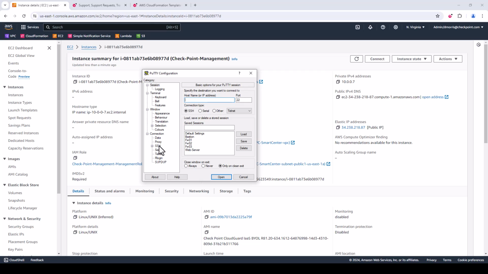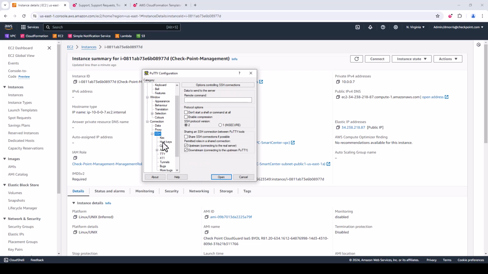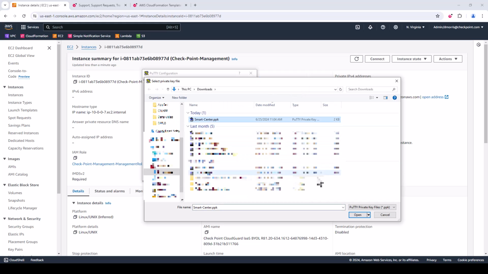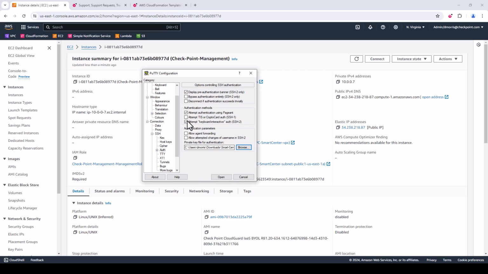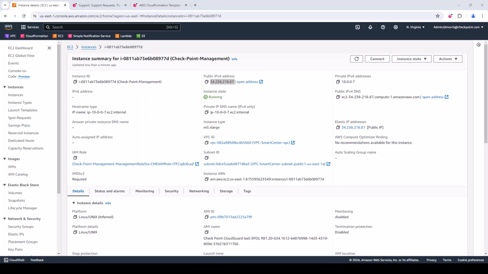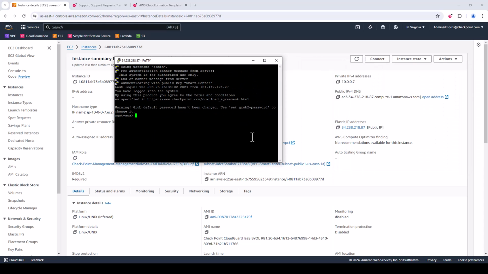In the session, click on SSH, and you'll need to load in your SSH key itself. So clicking Auth, Browse, and selecting the SSH key. Underneath the session details, you type in admin@ the public IP, and this will open an SSH session to the actual admin